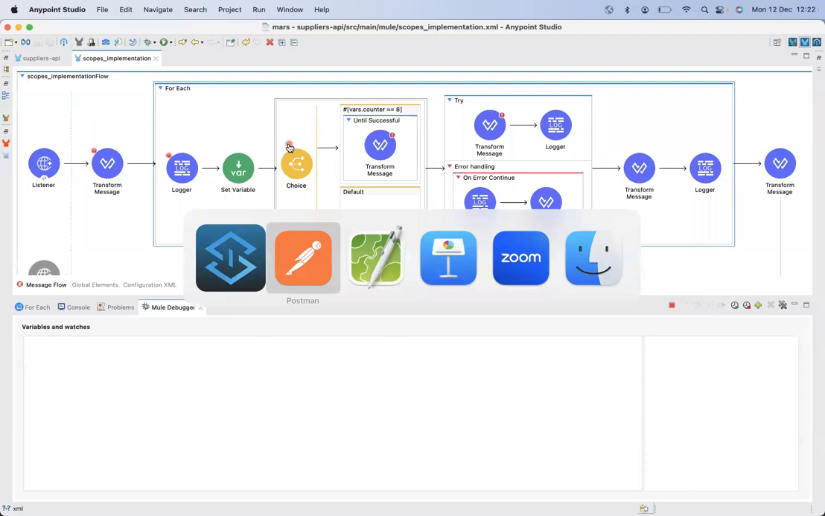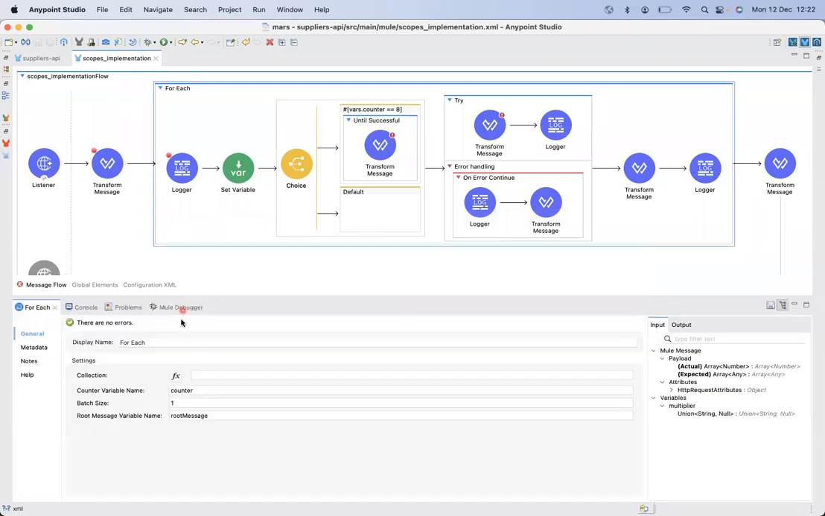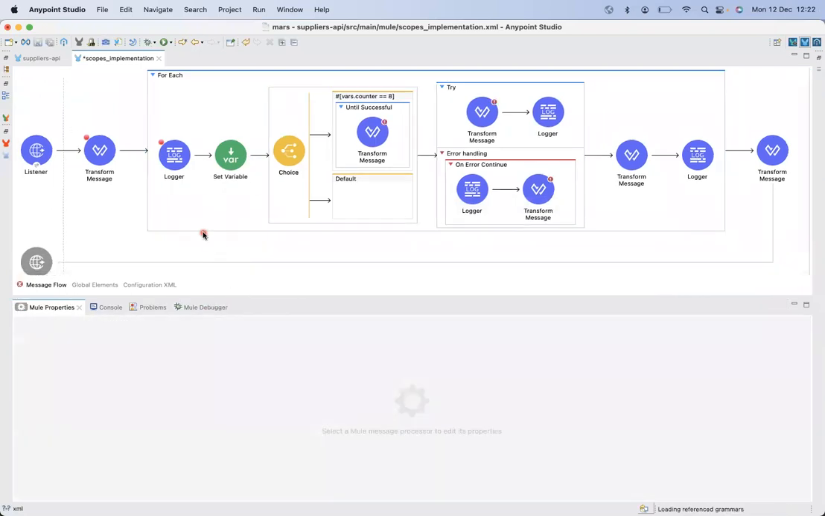Now observe the batch size configuration for for each. Now here, instead of 1, I'm going to configure 3. So for each 3 messages or 3 elements within the collection, it is going to convert that into a sub array of elements. For example,